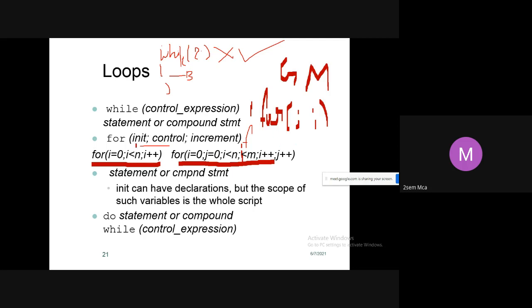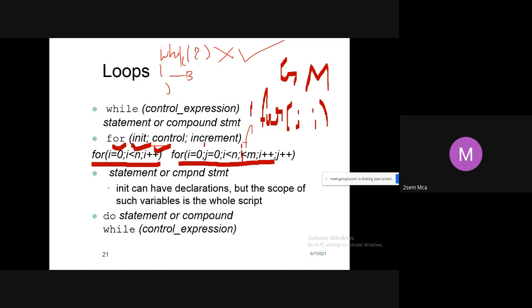Yes, here initialization is correct, condition correct, and increment statement correct. So all the 3 parts are there, and it has only 2 semicolons. According to syntax it is correct.